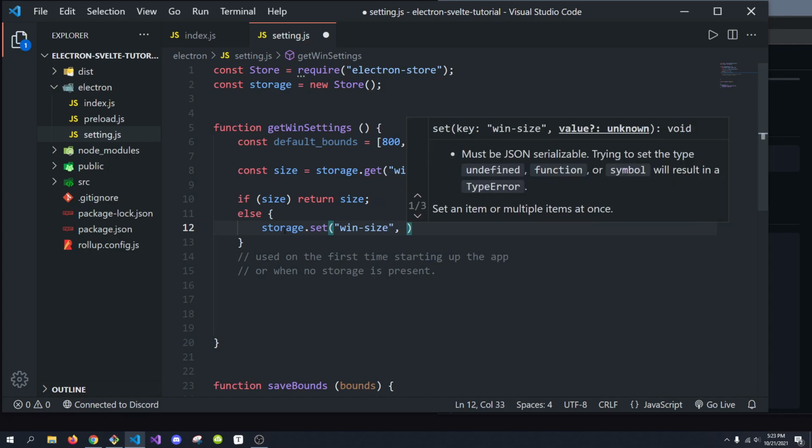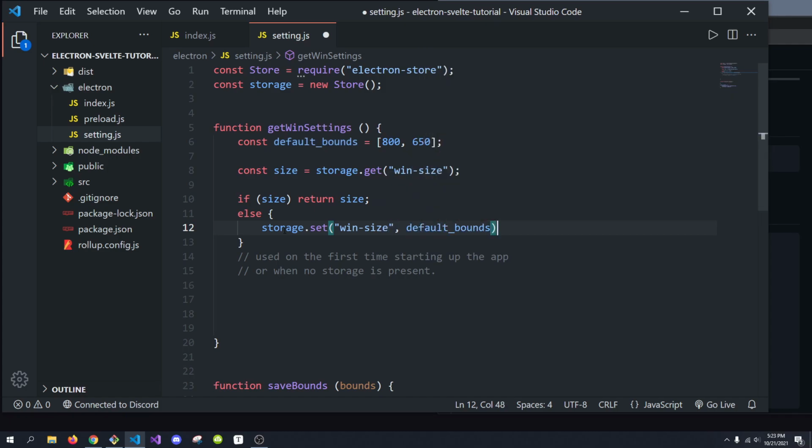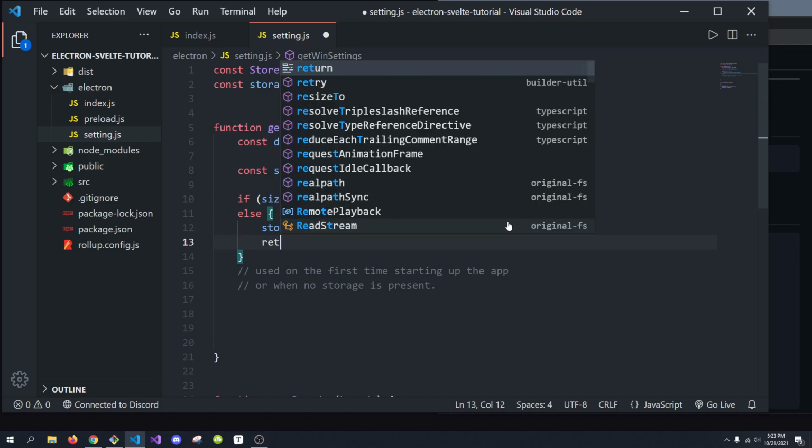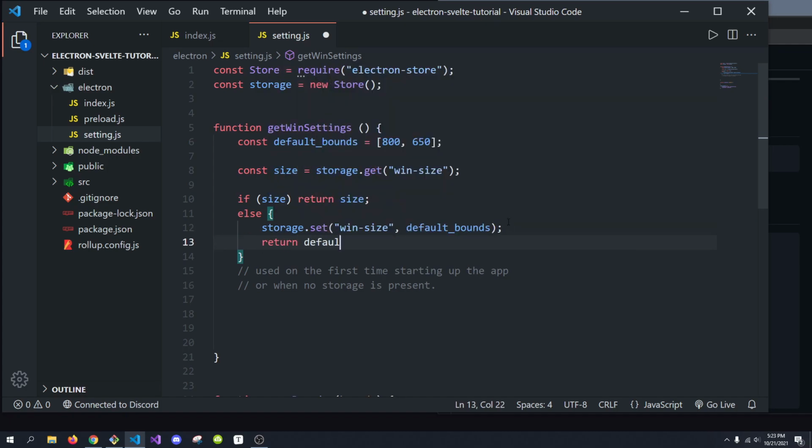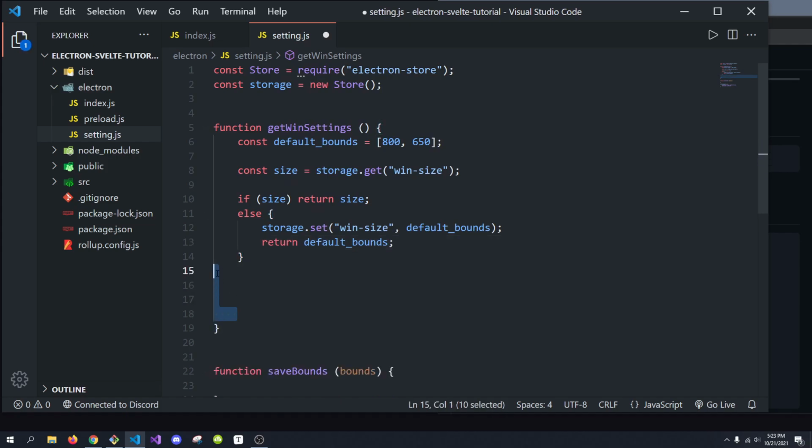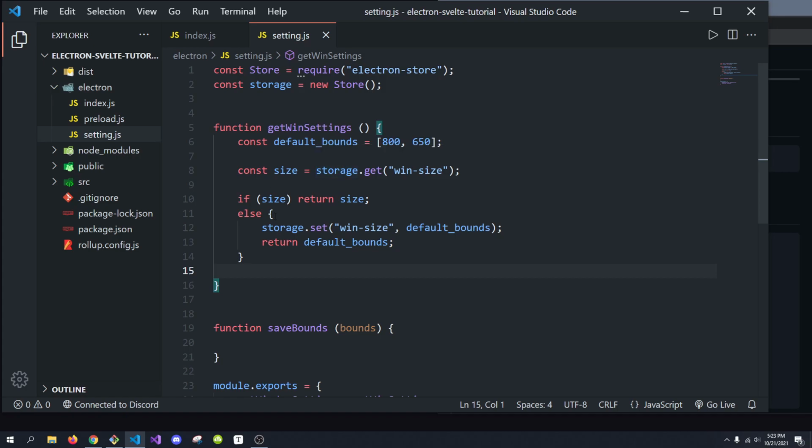And we're also going to pass in our default bounds, because for my application, I think 800 by 650 will look just fine. So we'll pass in these default bounds, and we will return the default bounds. Perfect. So just like that, we have read from storage, as well as